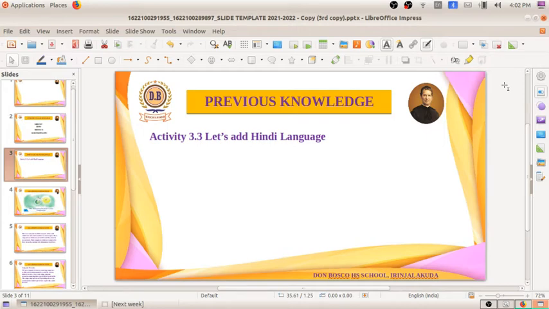For Malayalam, whatever English keys we are using for getting Malayalam, the same keys are there for Hindi also. On the keyboard we can click on the same keys for getting Hindi, because the positioning of both these letters is similar for Hindi and Malayalam.